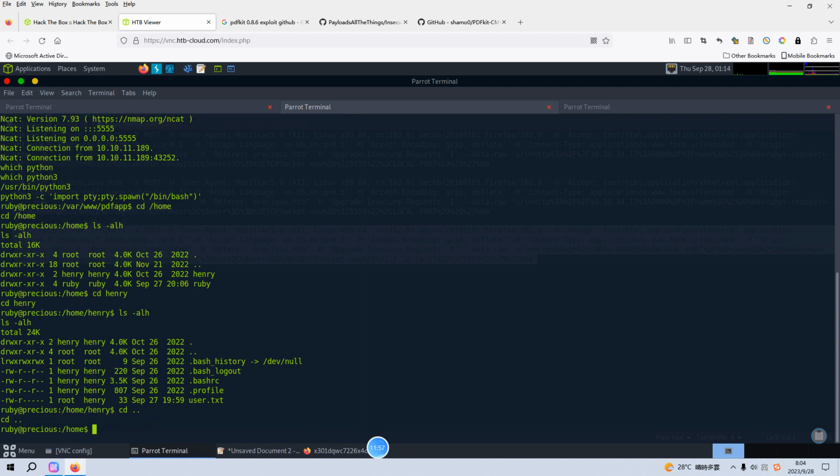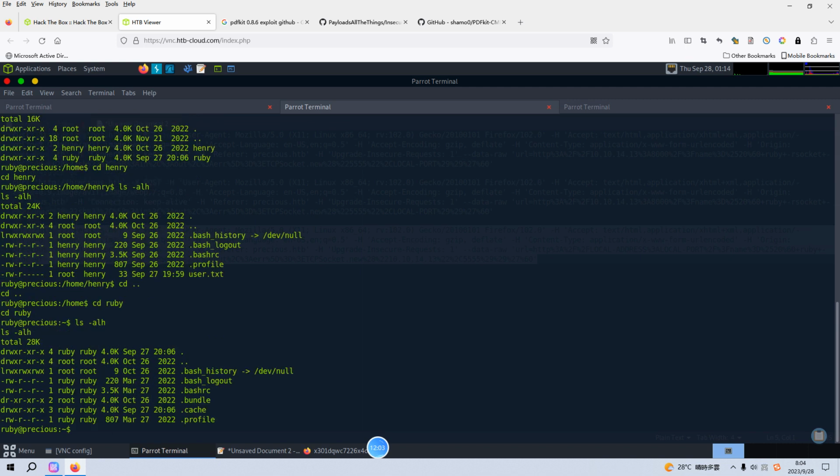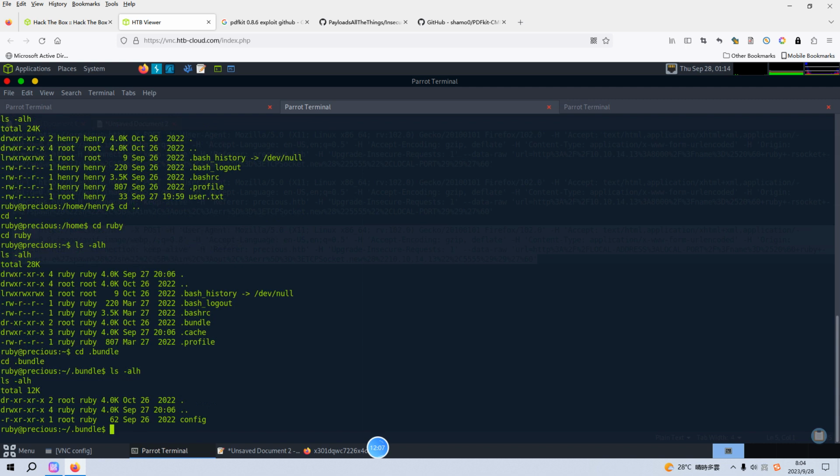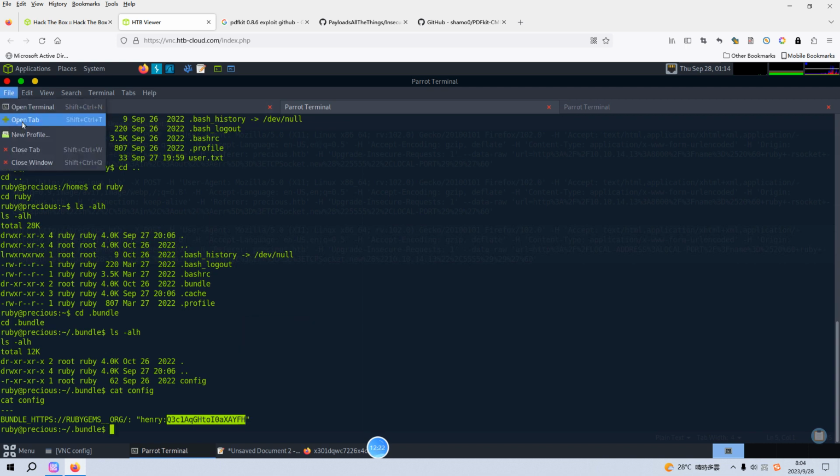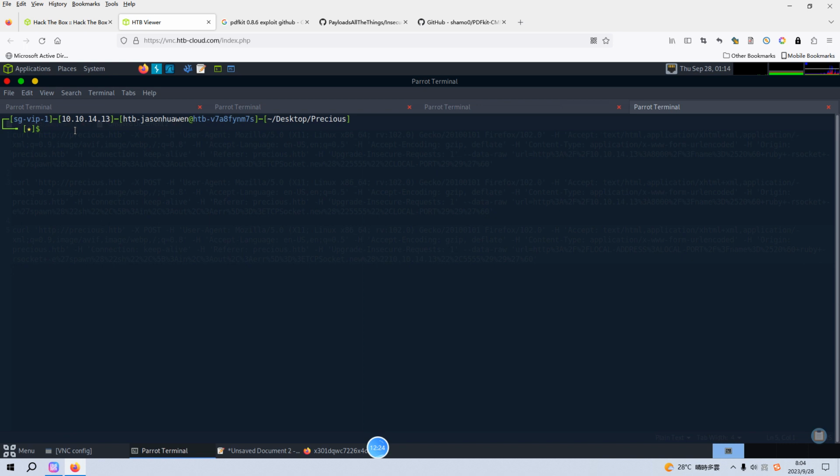Anyway, we can go back and then go inside Ruby and list the content. There is a bundle directory, and then we can cat the content of the config file. Here, as you can see, we got the password for the user Henry. Then we can log in via SSH as the user Henry,